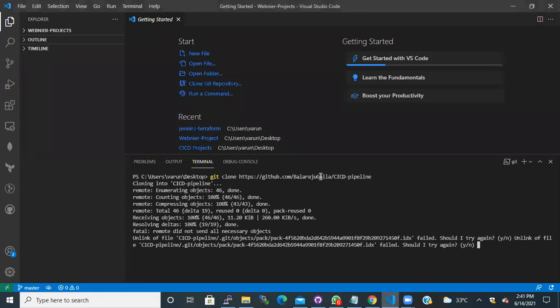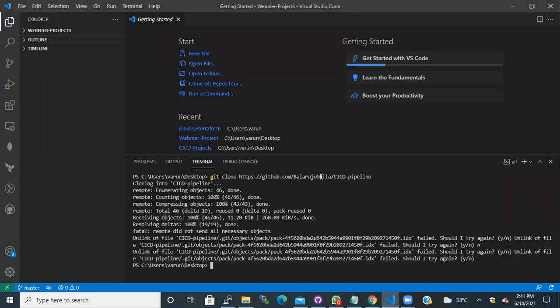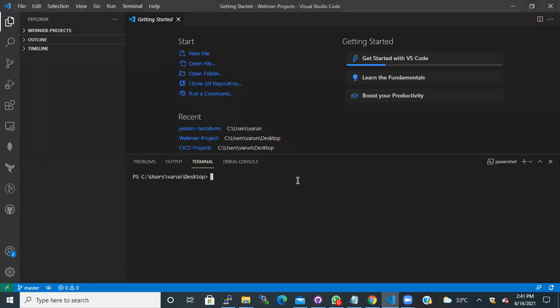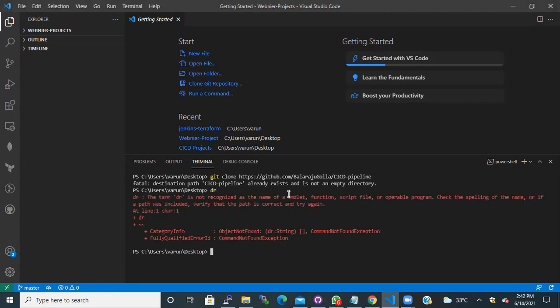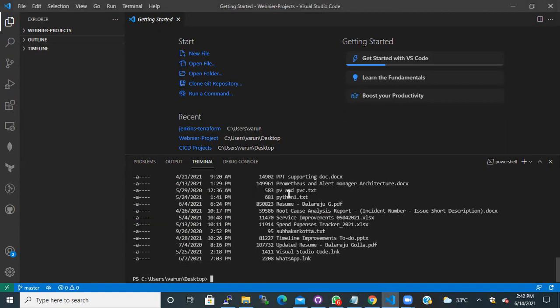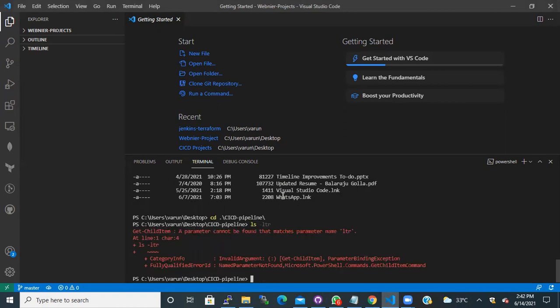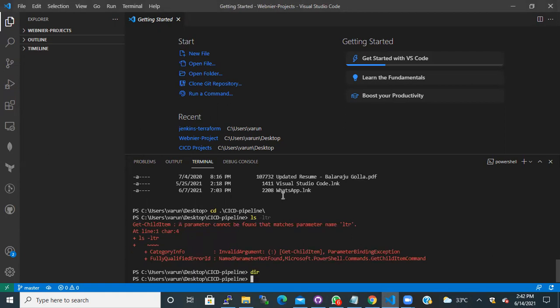Okay, one minute. Git clone. dir. Wait. Okay, nothing is there.